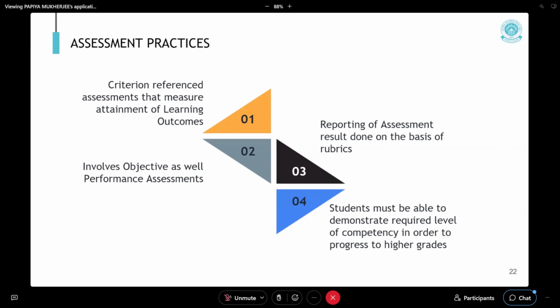What should be the assessment practices? It has to be criterion-referenced, and the criterion set as far as CBSE is concerned is attainment of learning outcomes. We need to report these assessments on the basis of rubrics, which need to be shared. Students have to know the basis of their assessment. The assessment can involve objective as well as performance assessment. And students should be able to demonstrate the required level of competency in order to progress to the higher